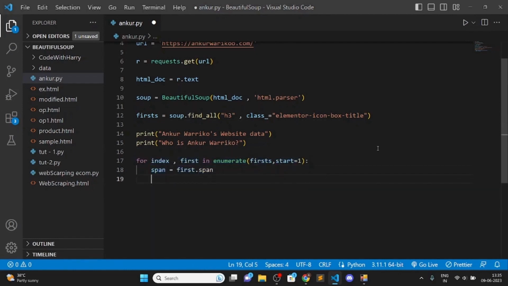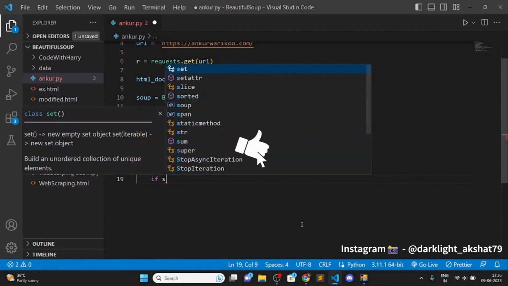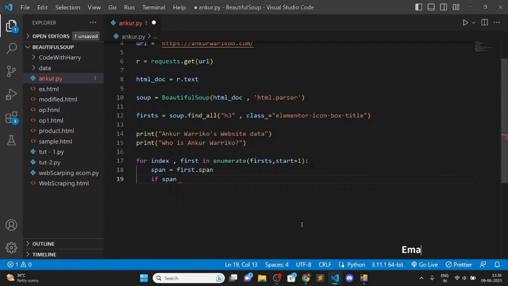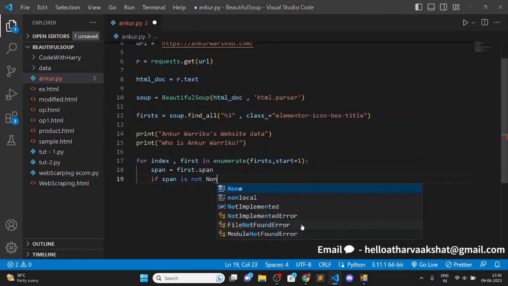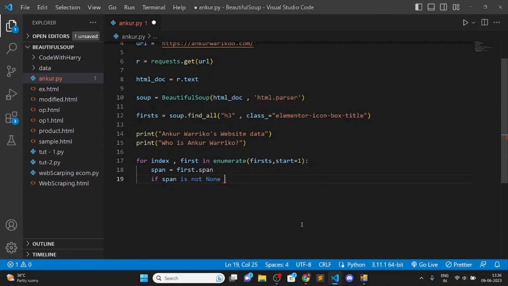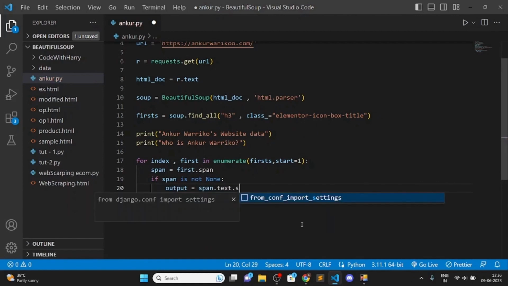Okay, so later on in this video, you've seen that after we printed those span tags, there were many Nones coming, right? So we want to avoid those Nones. To avoid those Nones, what we can do is, if span is not None, what we'll do is name one more variable, which will be output, and that variable will be equal to